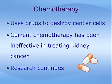Chemotherapy uses drugs to destroy cancer cells. As mentioned, current chemotherapy has been ineffective in treating kidney cancer, and is presently not a standard treatment. Research, however, continues, trying to find new drugs that can fight kidney cancer, and your doctor may place you into a clinical trial that tests these agents if your cancer has spread beyond the kidney and is not curable with